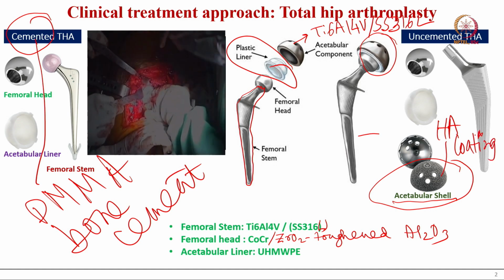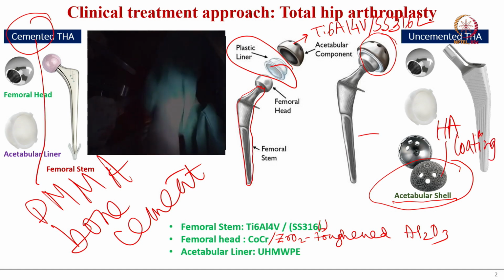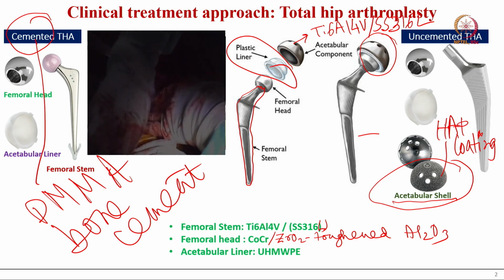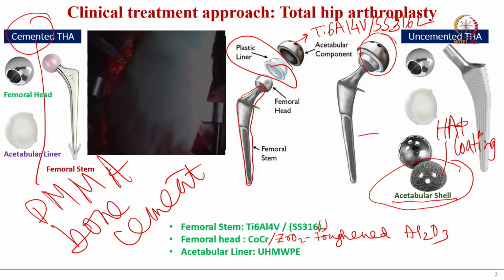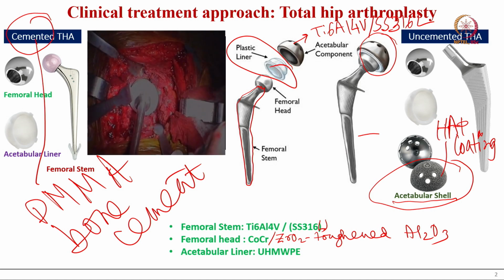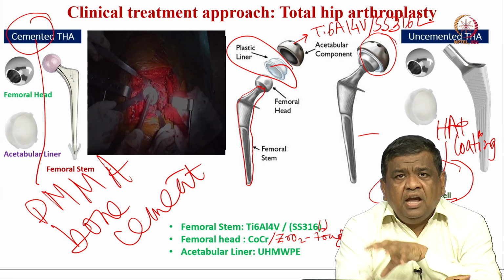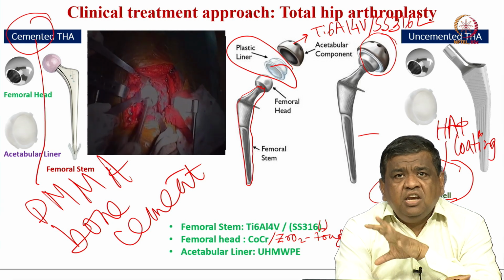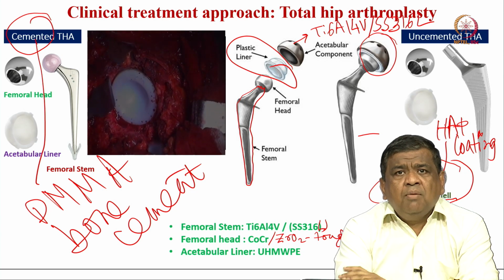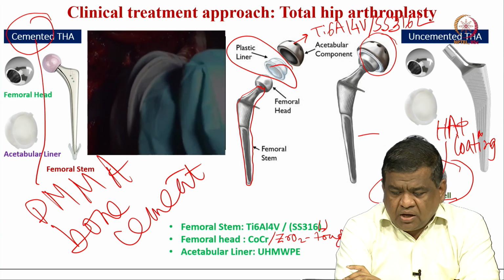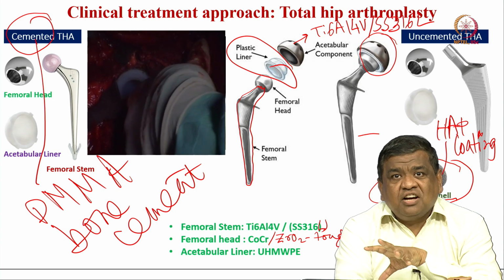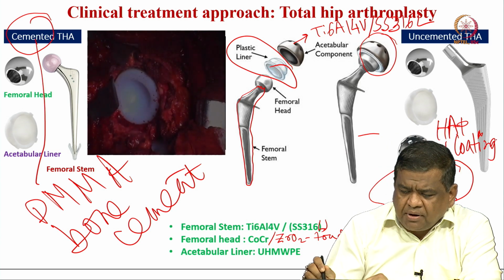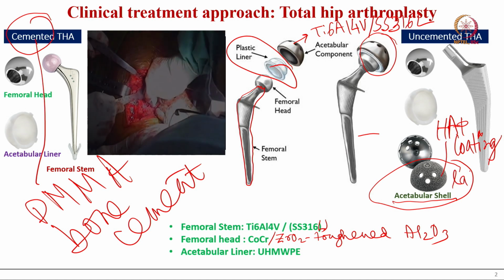And why hydroxyapatite? Because hydroxyapatite, HA, or in the scientific community people also use HAP, is the inorganic component of the natural bone. So, there is a likelihood that if you give this hydroxyapatite coating, then the osseointegration or integration of the acetabulum component with the host bone is much more improved. Alternatively, one can also use the lattice structure design. So, this is the hydroxyapatite coating, or this can be lattice structure.